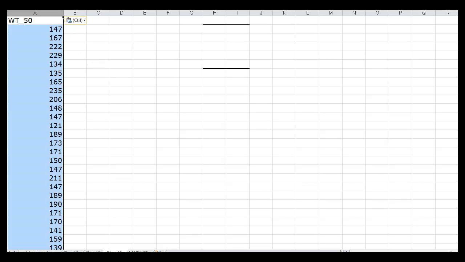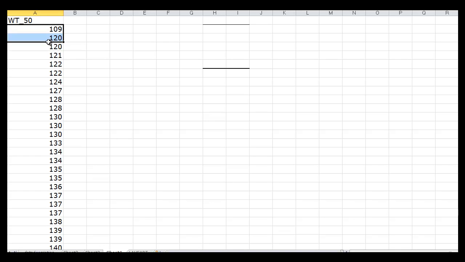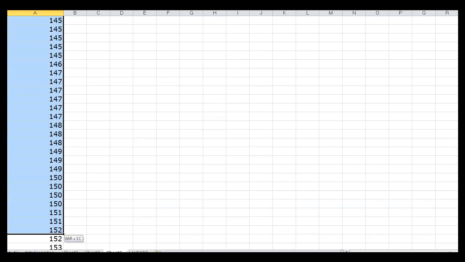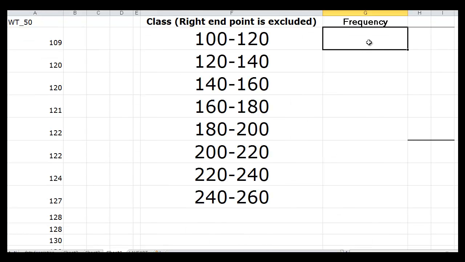So first thing to do would be, because we have to make a frequency chart, that we want to go ahead and sort the data, and here it's sorted, and once it is sorted, you can see that the weights range from 109 all the way down to, there are 200 individuals in here, 245.